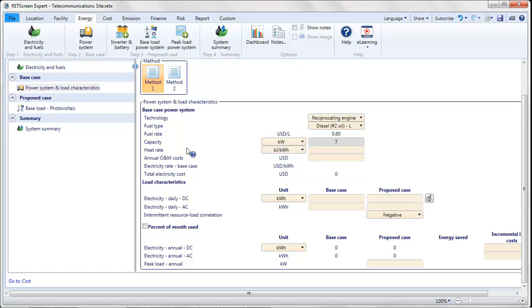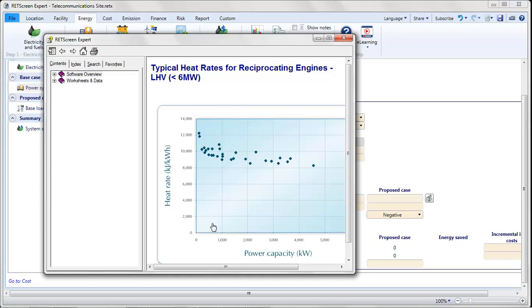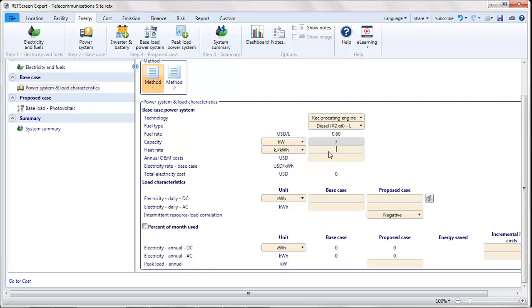For the heat rate, I'm going to use help here. So this is in a way specifying the efficiency of our generator. I am going to use the lower heating value here. The LHV indicates that these are typical heat rates for reciprocating engines using the lower heating value fuel convention. And I see that the heat rate is about 12,000 for very small generators. So that's 12,000 kilojoules of fuel energy,